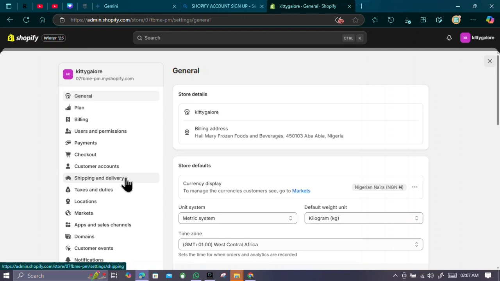Shopify. Now let's say you've opened up your Shopify account and now you want to add weights. Is it going to be in kilogram? Which unit system are you using? What will be the default weight unit? So when you do all that, first thing you have to do is log into